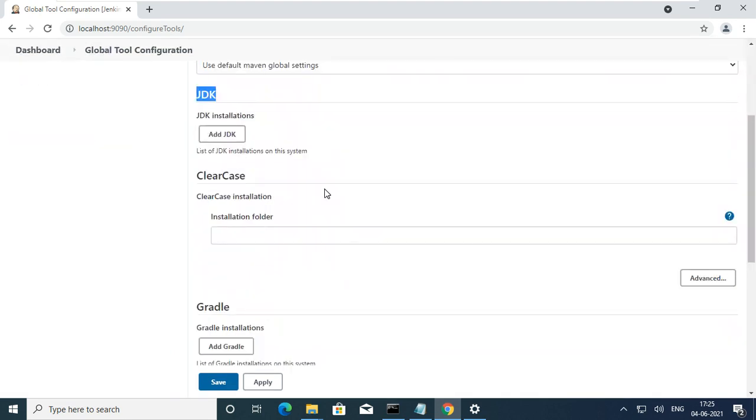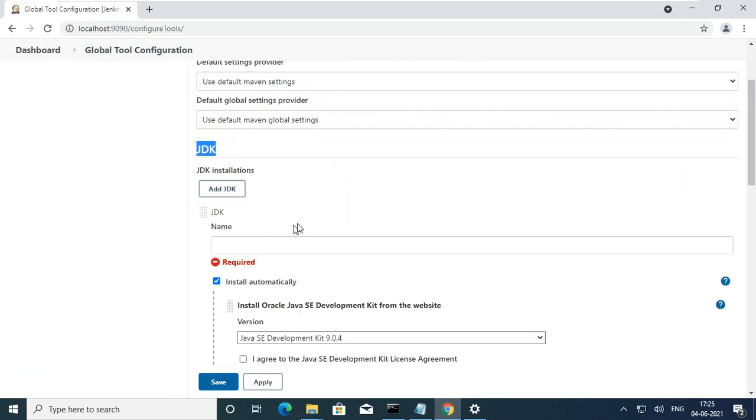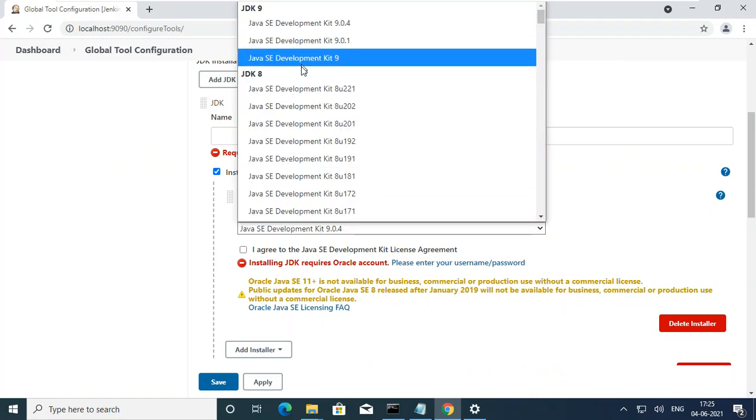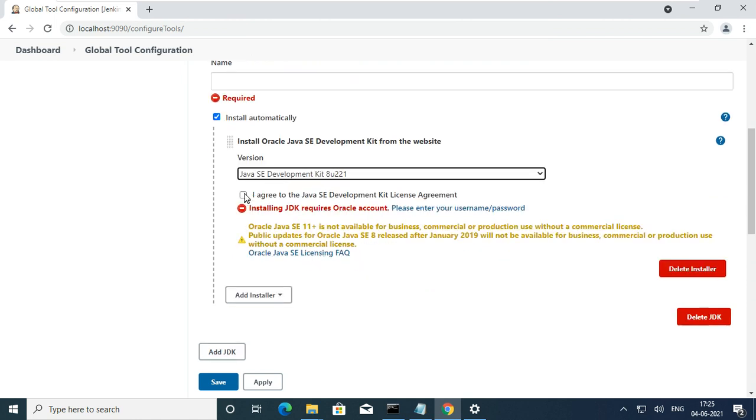For example, I want to add a JDK. It's already installed, right? So add JDK. You can install manually or automatically, and select which JDK you want. Then you can add an installer, and on save it will add it automatically.